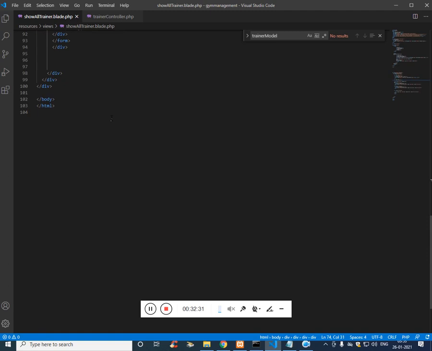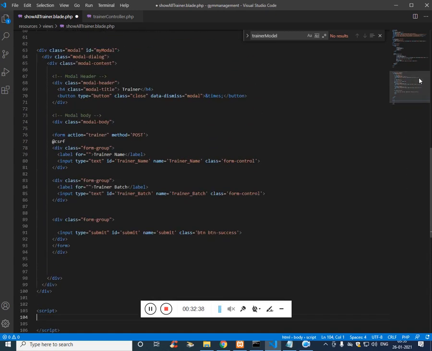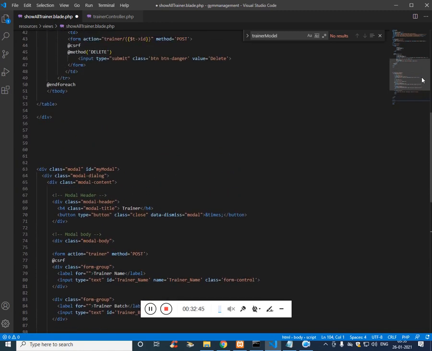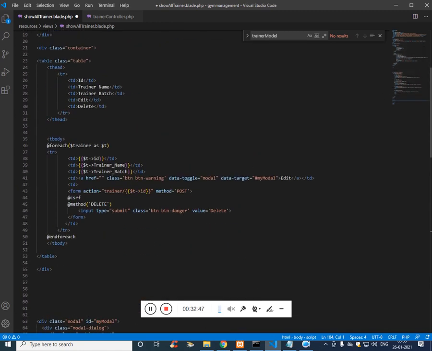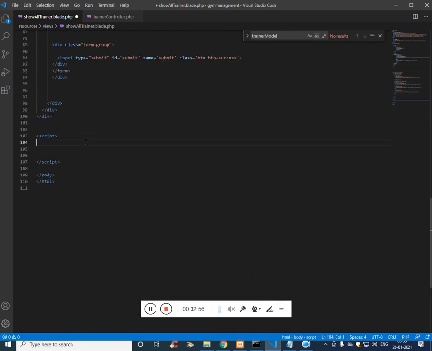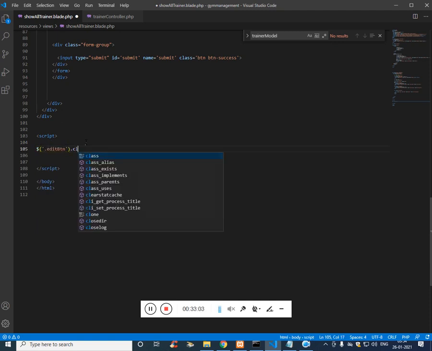So for that we have to use script. So once I click on a button with class, where is the button? We'll use it edit btn. We're going to use jQuery $.click.